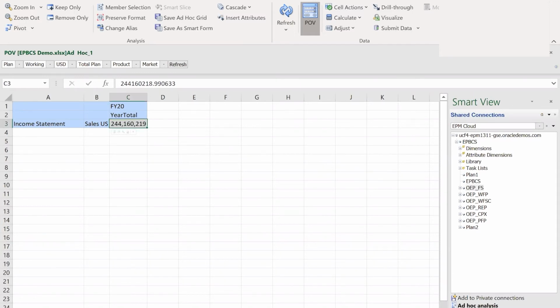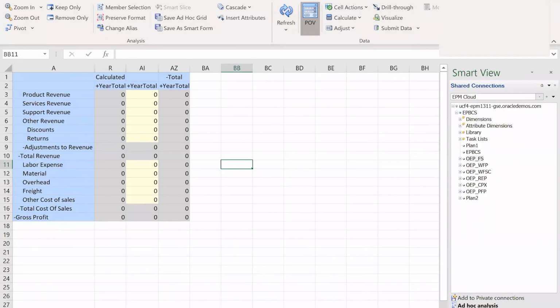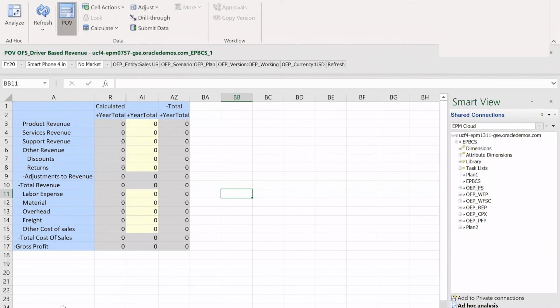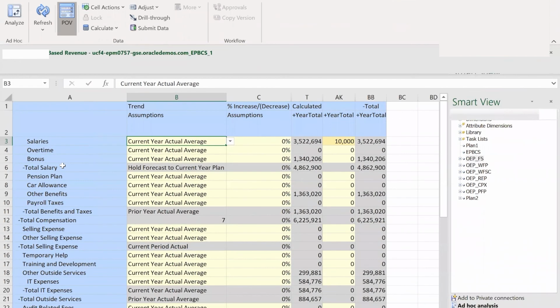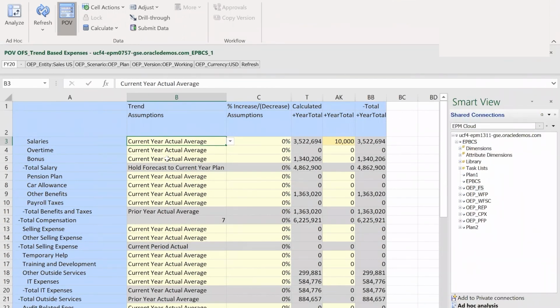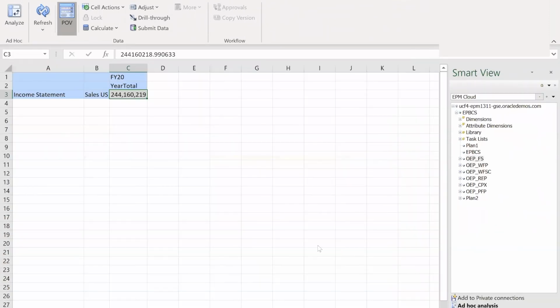As mentioned earlier, anything that you can do on the web, you can pretty much do in Excel, save the dashboards, but these are examples of input forms. So in this case, the revenue trend input or expense trend input form that we looked at earlier, which all connects to the same data set that is out there in the web that's brought into here, that allows you to do your planning with an expandable or collapsible panel over here to connect to the web,